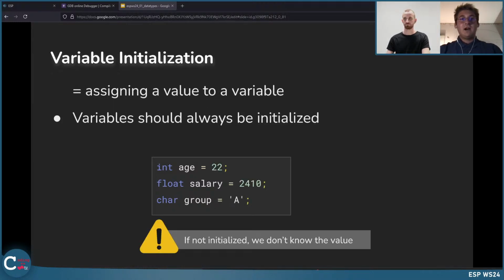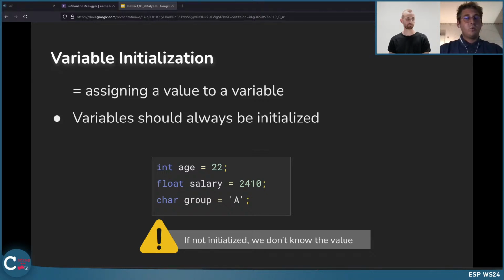And after we have now declared our variables, we can now initially assign a value to the defined variable, and this is then called variable initialization. So what happens if we do not initialize a variable? We simply do not know, so to speak.